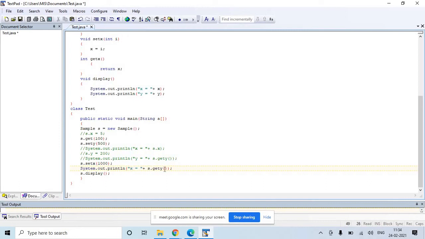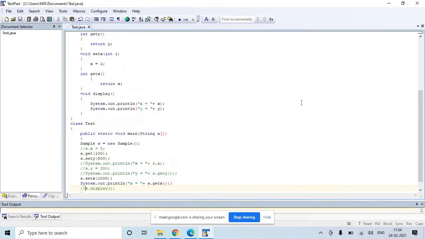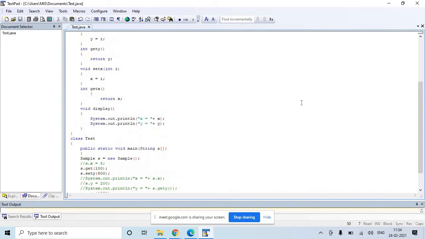Say X is equal to get X. We'll comment this and now only display the value of X. So we'll save the code, compile the code, and run the code. You will get X is equal to 1000. So you can write set method and get method for public as well as for private.